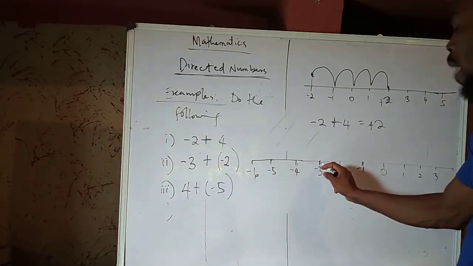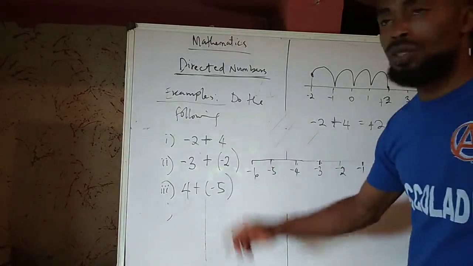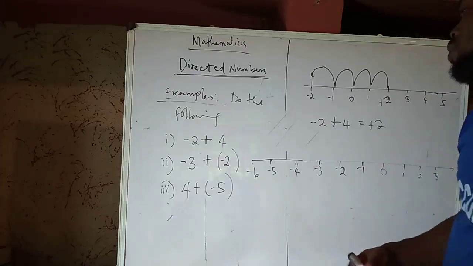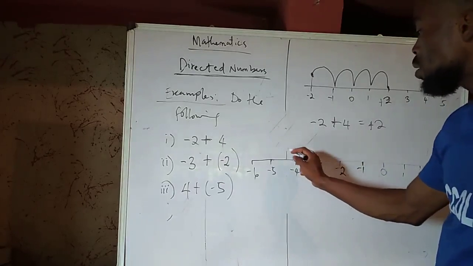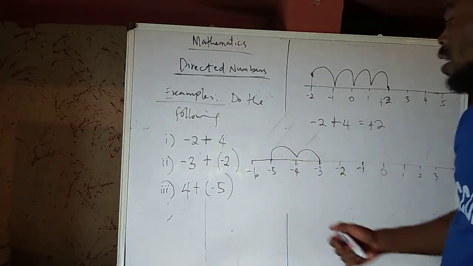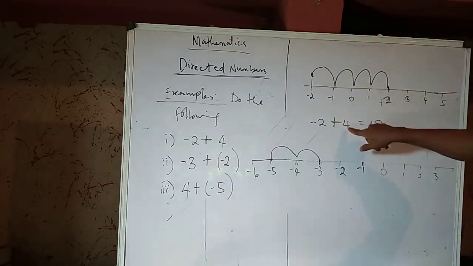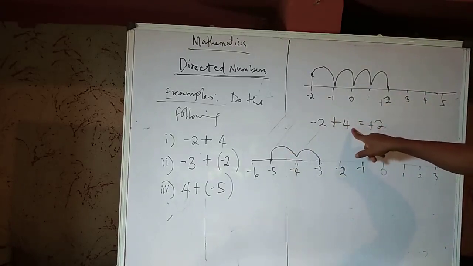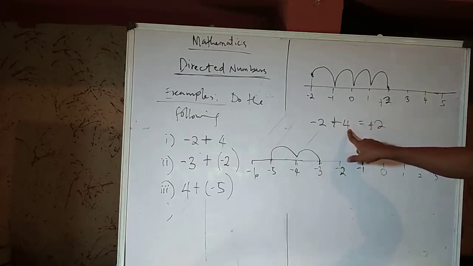If you have minus 3 and you are adding minus 2 to it, this is plus. So you're going to have to move 1, 2. You see, in the first case, I moved to the right because what I was adding was a positive number, minus 2 plus 4. The plus here is the operator. Then this 4 is standing on its own, but you know it's positive